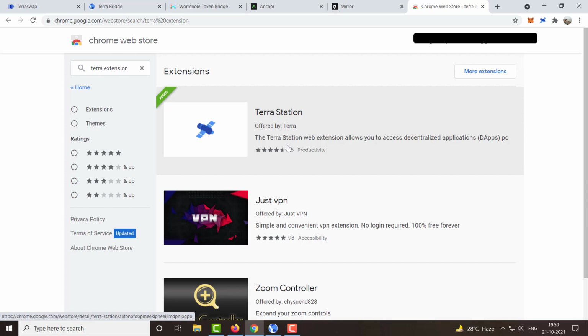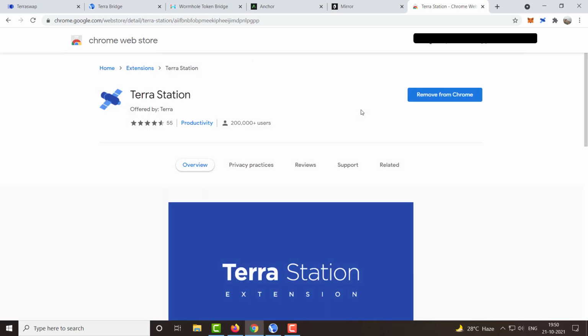Something like this will pop up on your screen, and you have to just go ahead and open this up, and you can add to your extension from here. This also has a mobile application which you can download, and you can also access the blockchain from the mobile application too.